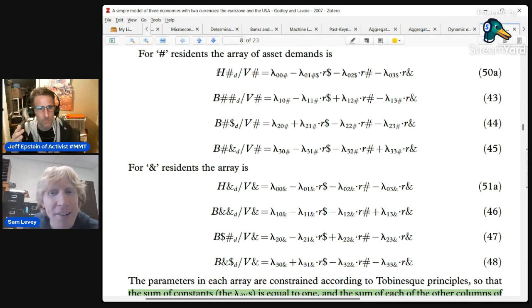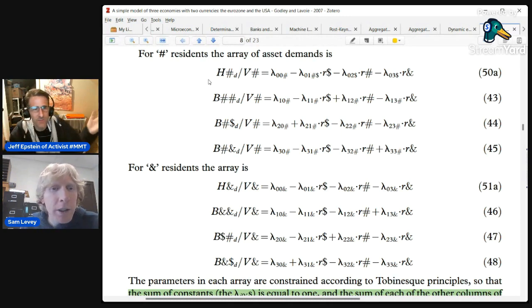Well, the top doesn't add to 1. The top is going to be H plus B plus this other B plus this other B, right? And when you add those up, what you would find is that they are actually equal to V. I mean, 100%. Yeah, 1 is 100%. They could have $50 in there, but the top is going to add up to 50 over 50. That's 100% of the wealth in that nation. Yeah, that's exactly it.